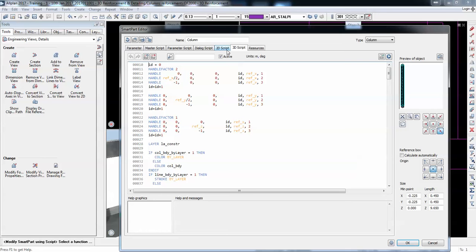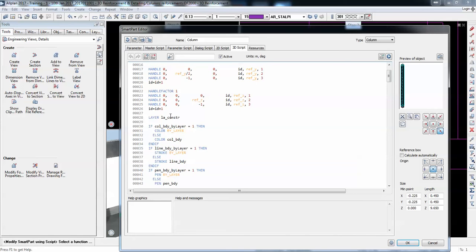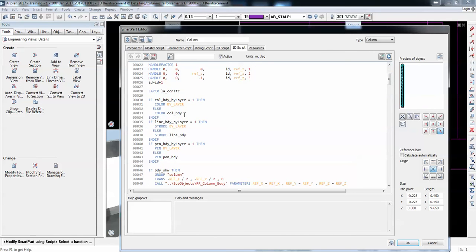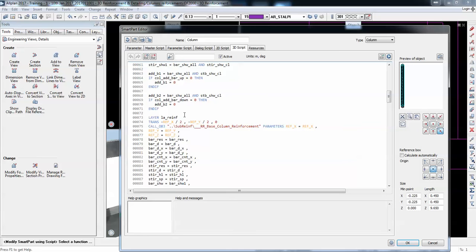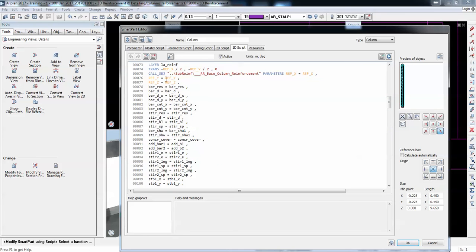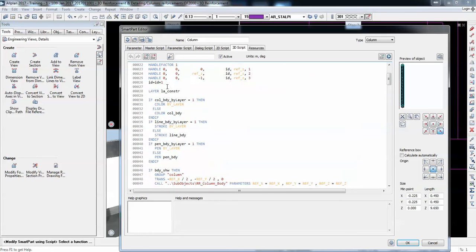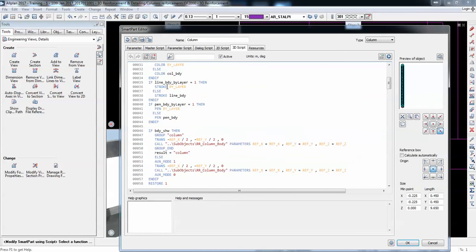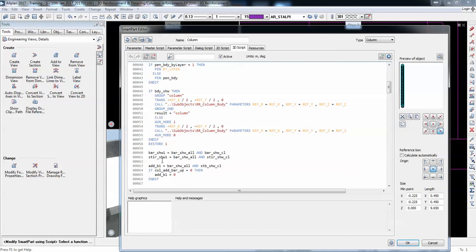2D is for smart parts which are designed in 2D, and 3D is for 3D geometry. These are placing of the handles, because we also have those handles I just pulled to lengthen the columns. There's a layer, so everything we draw is placed on layers, and there's initiation of the reinforcement. So actually they will first draw somehow a box, and then